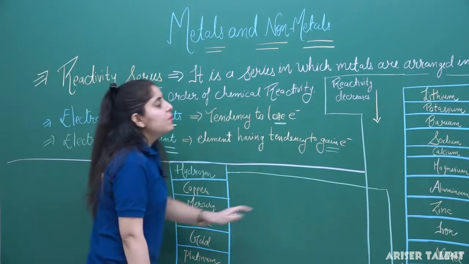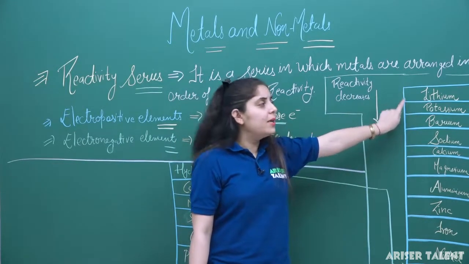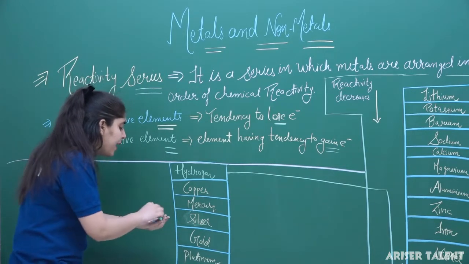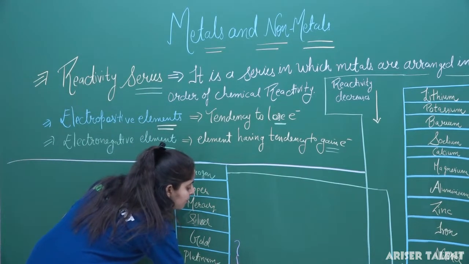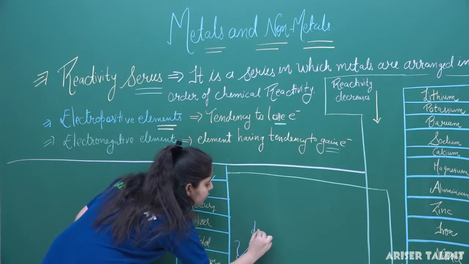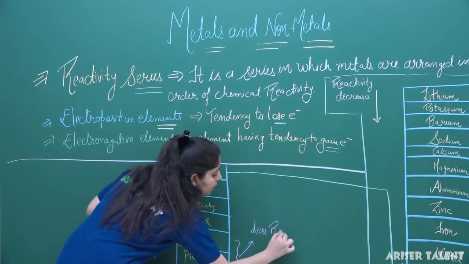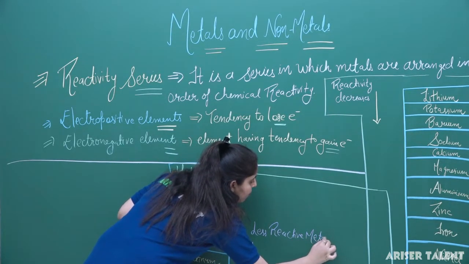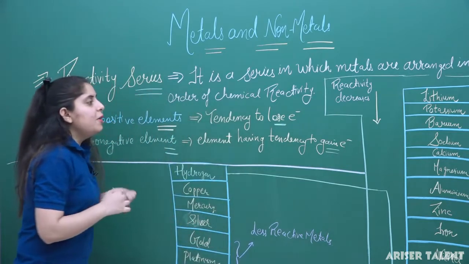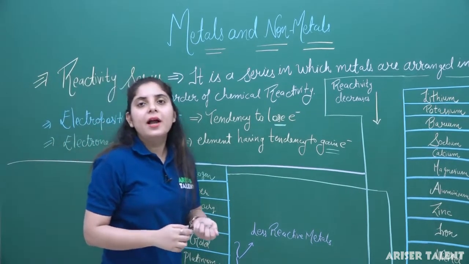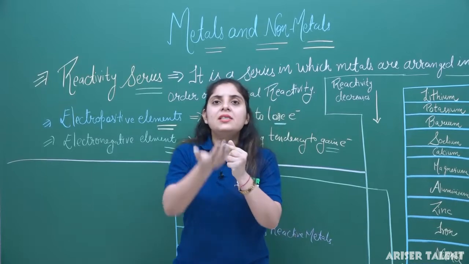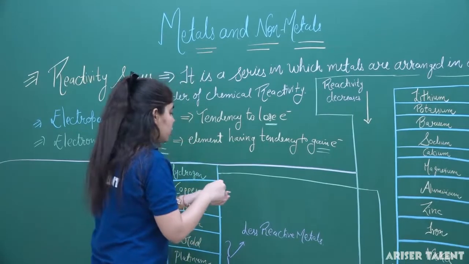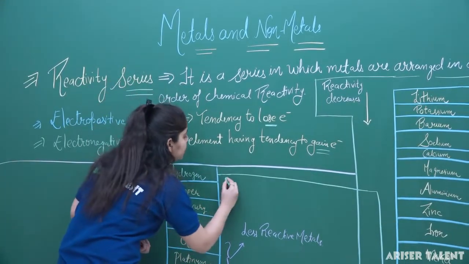So we can say that the most reactive metals are lithium and potassium, and the less reactive metals are gold and platinum. If the comparison is done on the basis of hydrogen, metals above hydrogen are more reactive and metals below hydrogen are less reactive. So we can conclude one point from this: